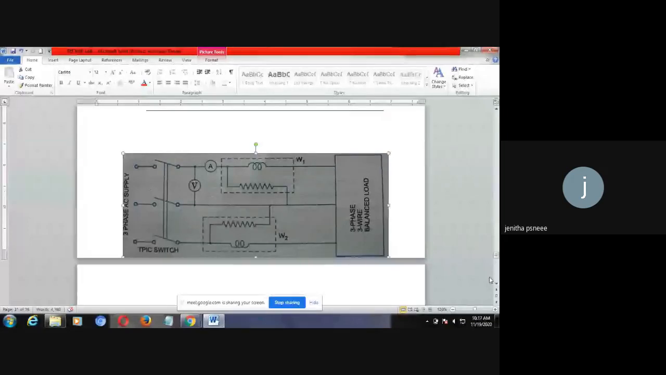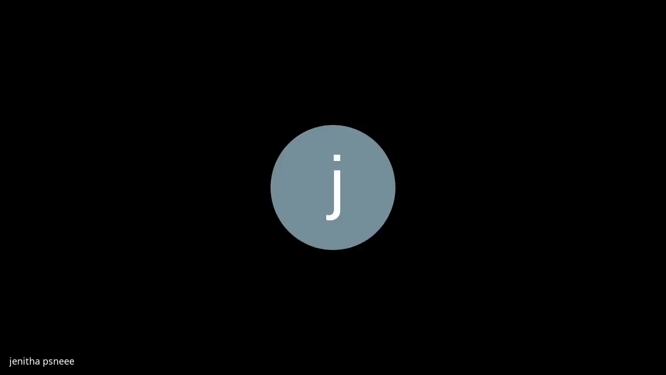See here, in this method you have to set the voltage to the rated value by using the auto transformer. You vary the voltage to 415 volt. For 3-phase, the rated voltage is 415 volt, and for single phase it is 230 volt. Here you are using the 3-phase supply, so you have to set this voltage to